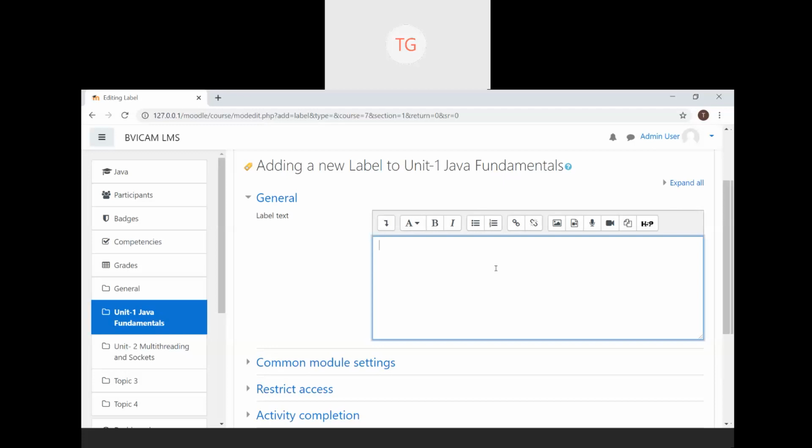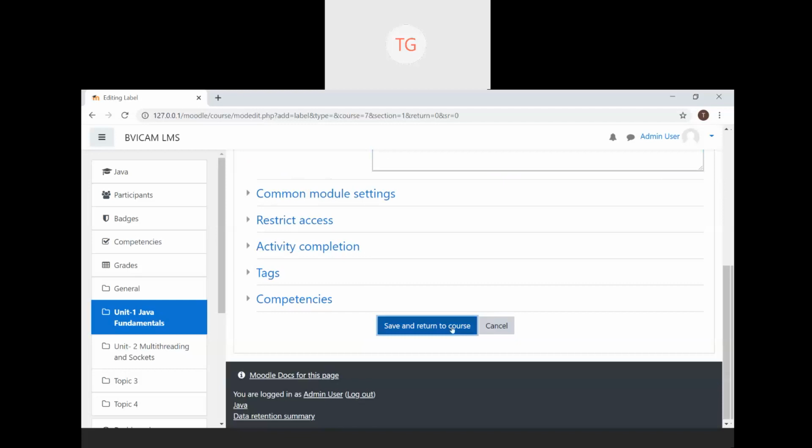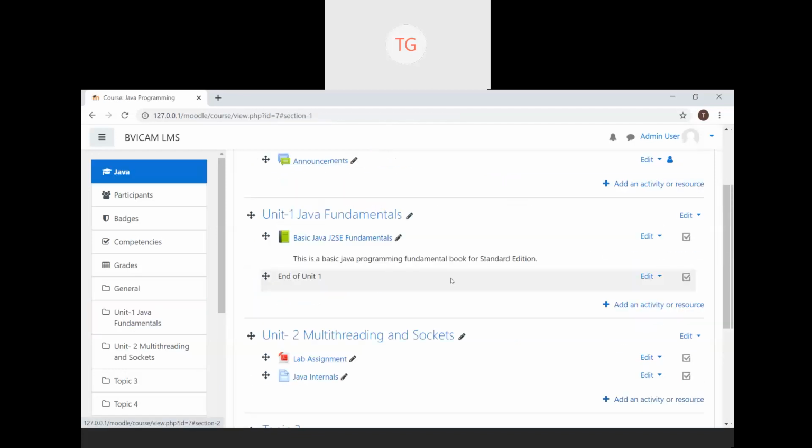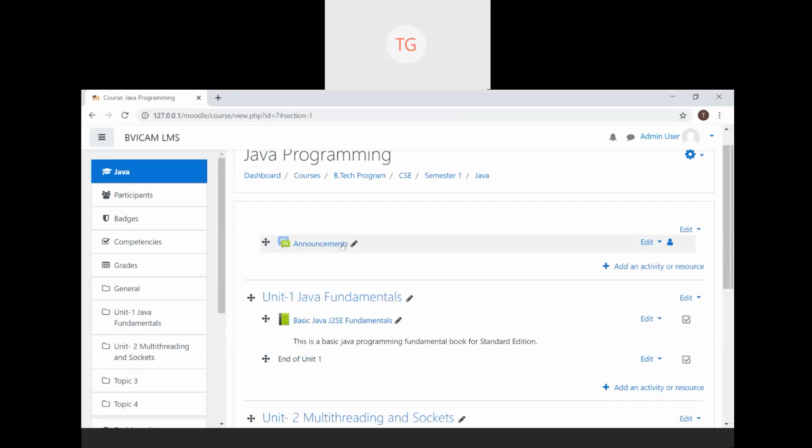So I say a simple label comes in towards the end of my unit 1 where I'm telling the student, okay, end of unit 1. So you can also post certain labels as announcements, or labels I use mainly in the purpose of announcements. Okay, if I want to say, now you've completed the basic resources required for unit 1, now go and take up the quiz which is relating to unit 1 and then come back to the further section.